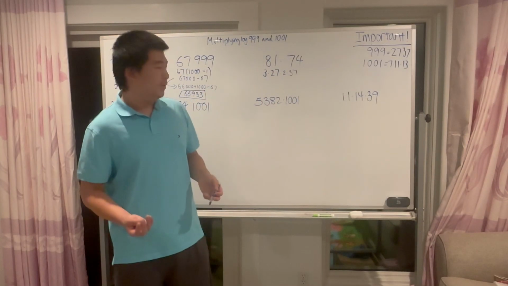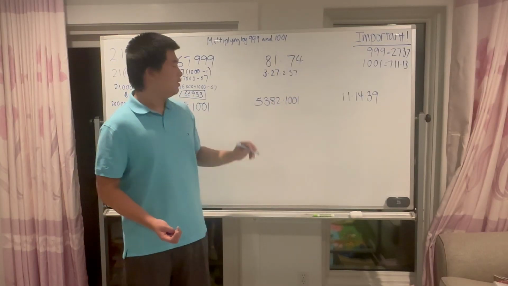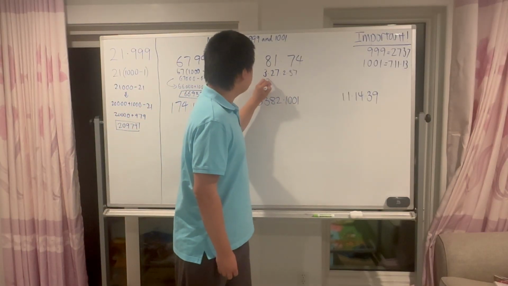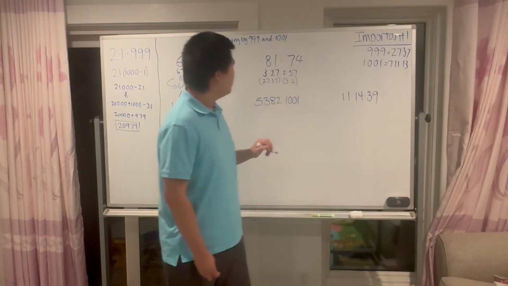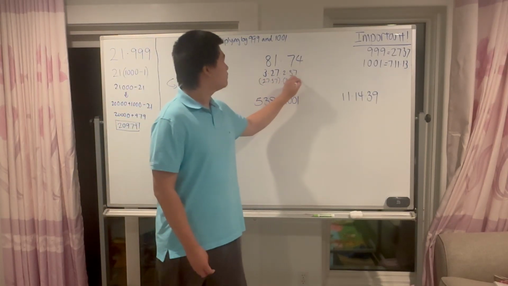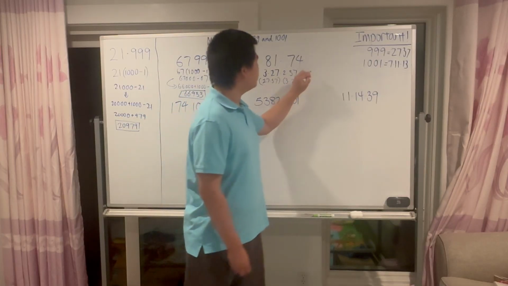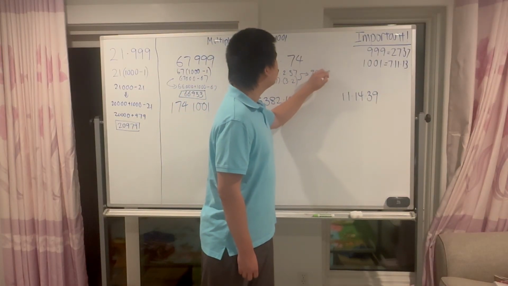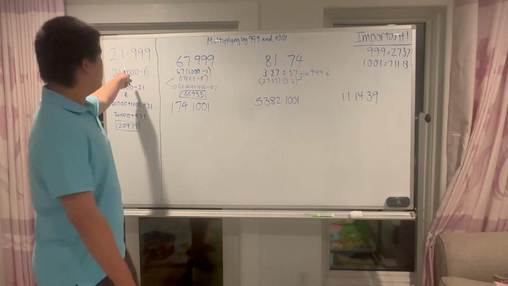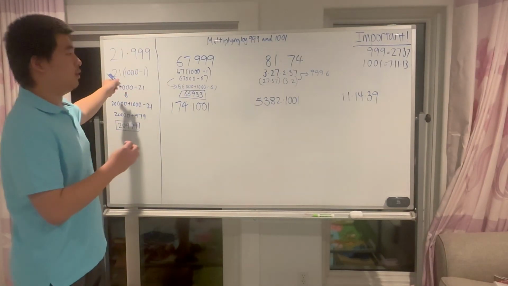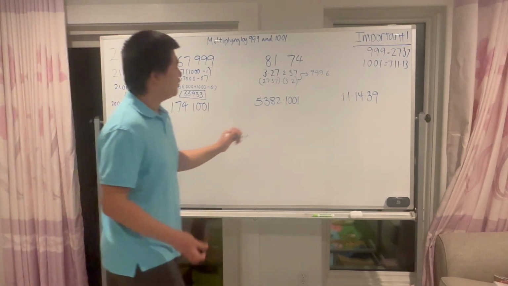And now we see what's going on. We can multiply these two together. So we would get 27 times 37 times 3 times 2. And that would give us 999 times 6. And just using this here, it is actually even a bit easier than our previous examples. We would get